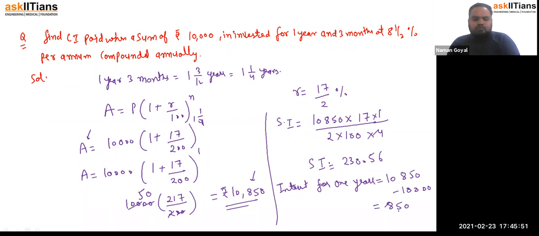Now total interest is 850... देखो हमें ये तो पहले ईयर में इंटरेस्ट मिला, फिर ये 1/4 ईयर के लिए मिला. So what we have to do, we have to add them. So now for total interest it will be 850 plus